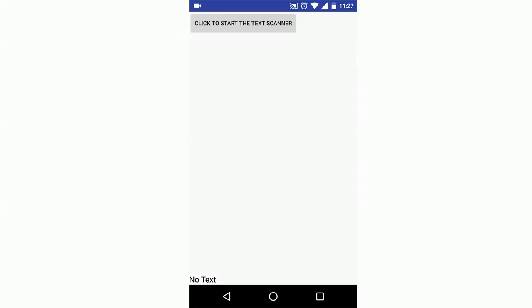Here is a demo of the app wherein there's this button which is asking us to click to start the text scanner. At the bottom left corner you can see no text because there's no text that has been captured till now. Now let me click to start the text scanner,